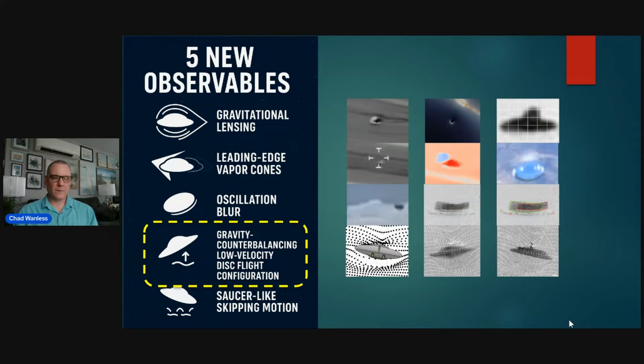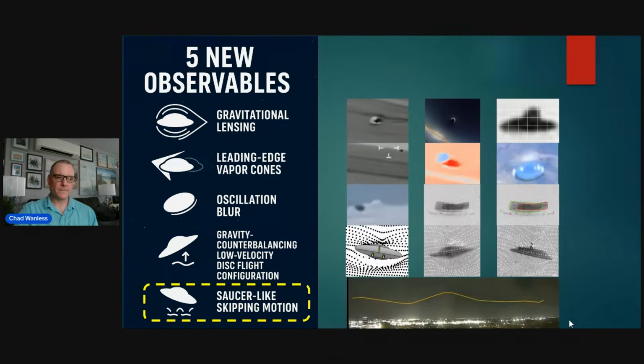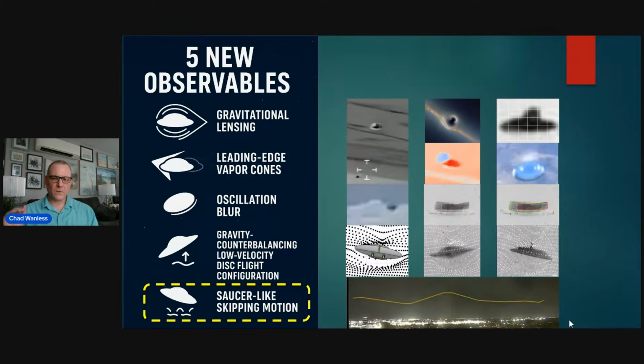Counterbalancing is when flying at a low speed, a UAP has to counteract Earth's gravity and provide forward momentum, so it will fly tilted, similar to how helicopters fly tilted. And saucer skipping motion is where a disk or some other UAP is flying horizontally, but it's moving up and down like a saucer skipping across